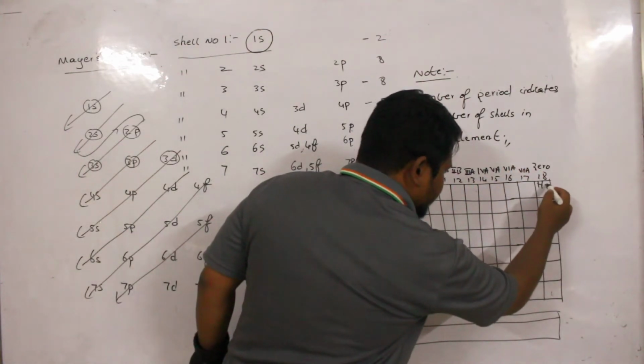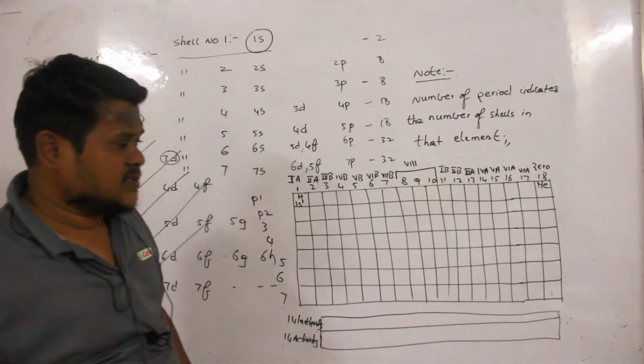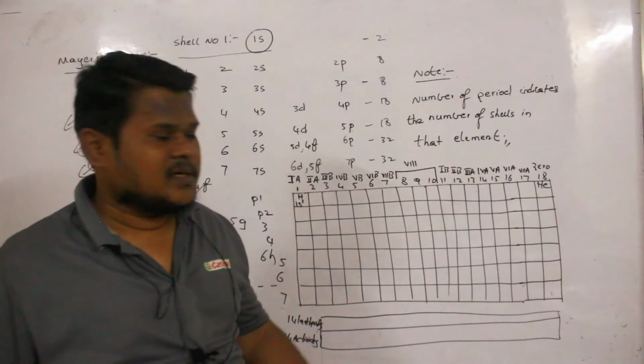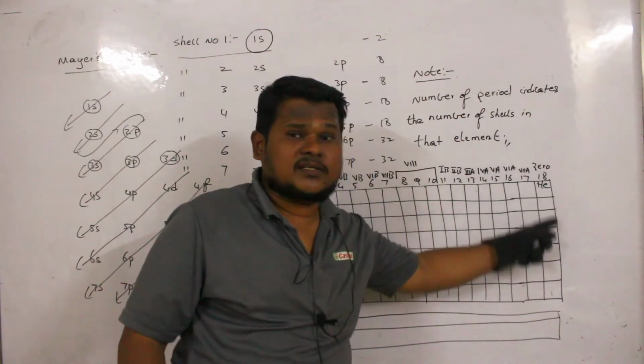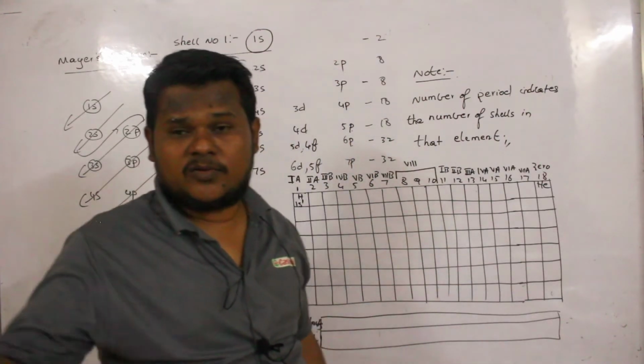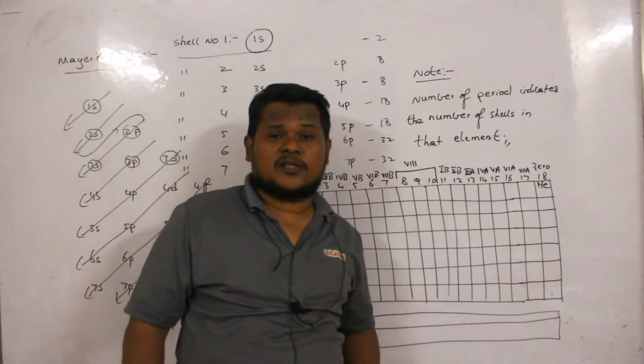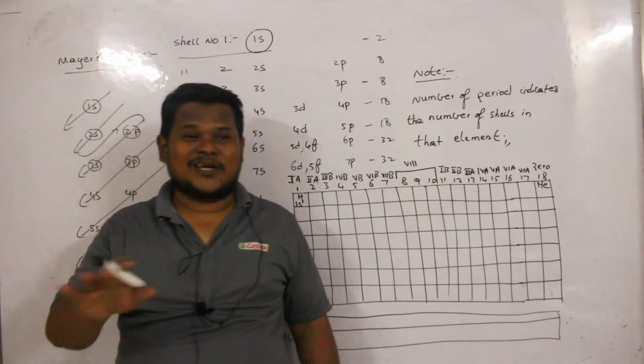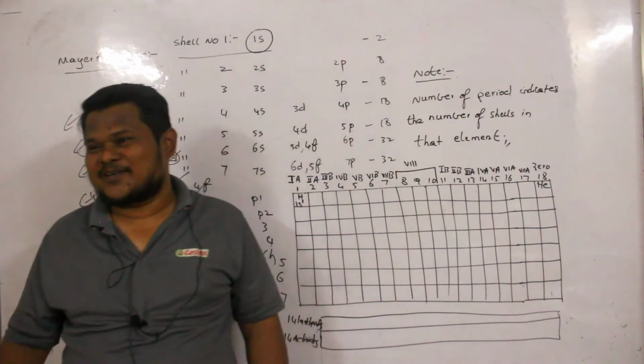This is the position of helium. What is the reason? The reason is that this last group, this family, consists of only inert gases. Are you able to understand? Or you can call them noble gases. Why do you call them noble gases? They don't react with anybody, they stay silent. That's why they are called noble gases.